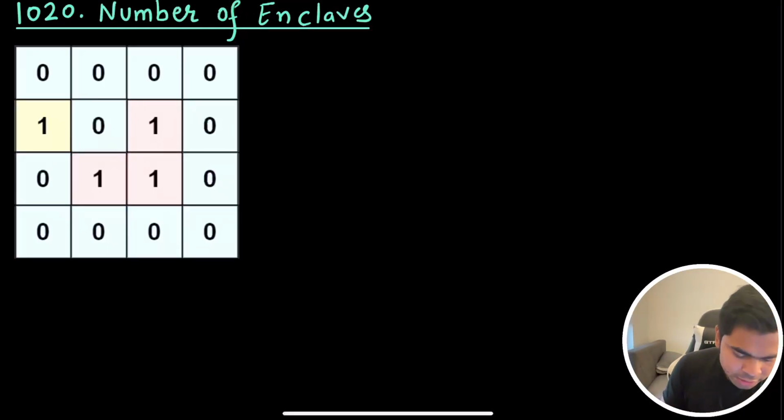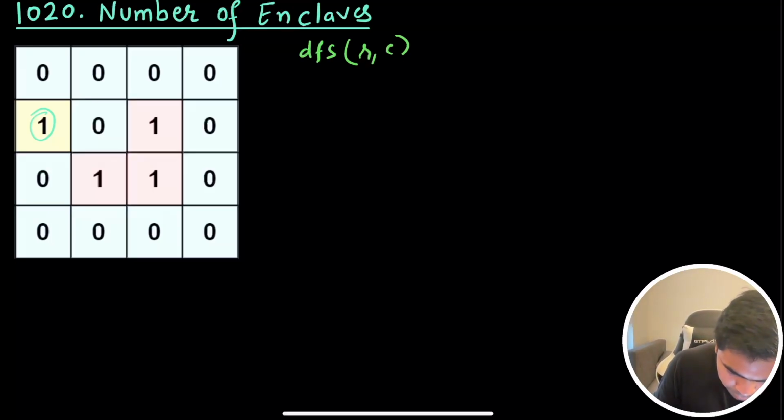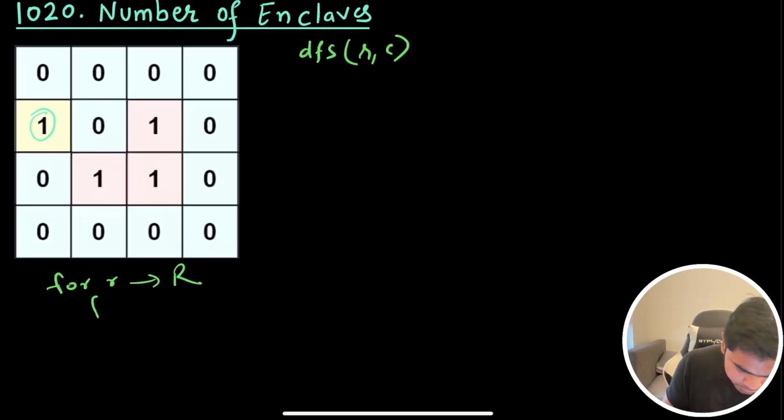So what we are going to do is traverse our grid, and once we see a 1, on that 1 we are going to run DFS. So we'll have a DFS right here. Let me just write the pseudocode for our DFS. This DFS will take row and column, and by the way, using our for loop, for R in the number of rows, for C in all the columns,